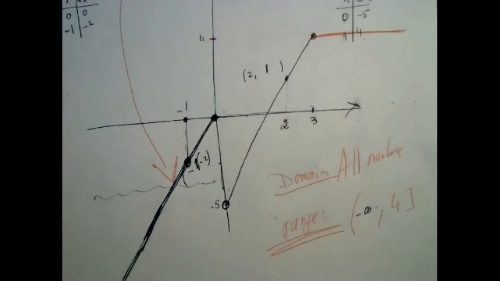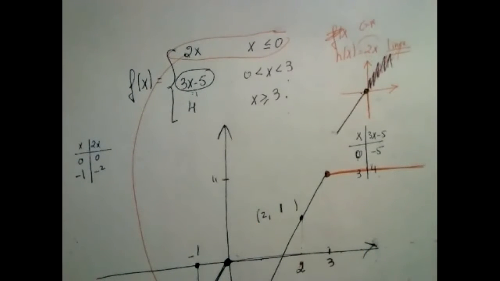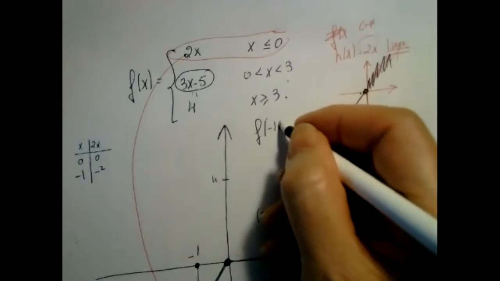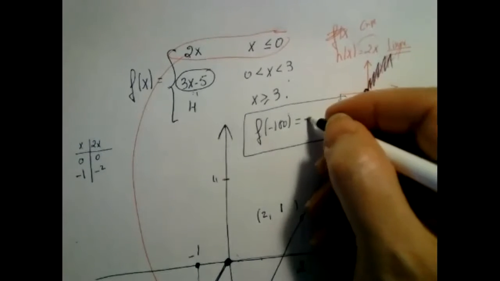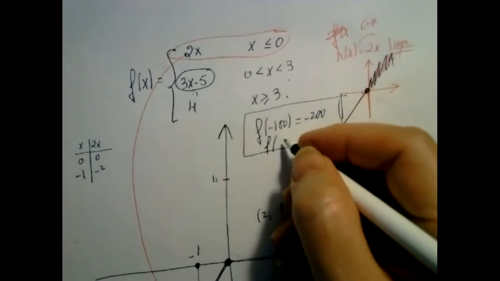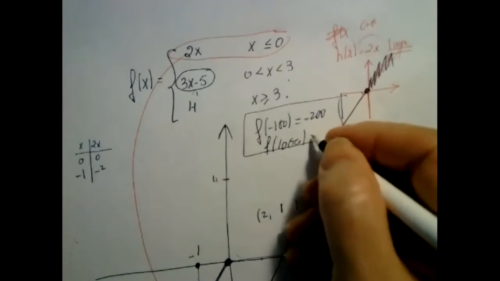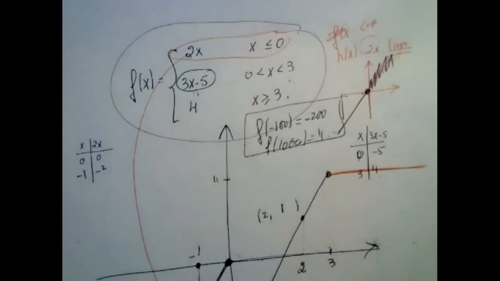So for the domain, you said it's all real numbers, correct? Yes. Because if I give you any number, can you give me the output? Suppose I give you f of -100. What do you think the output is going to be? Wouldn't you use the 2x? Right, so it's going to be -200. Okay. If I give you f of 1,000,000, can you tell me what the output is? Oh, 1,000,000. 4. Exactly. So my point is that no matter which x I give you, this formula will allow you to find f of x. There is no issue with evaluating